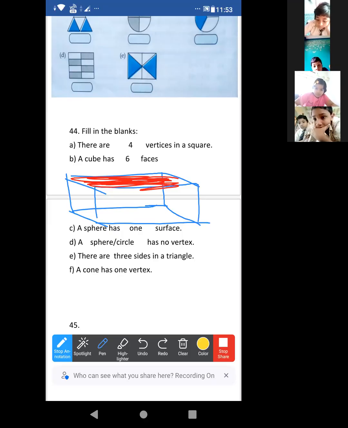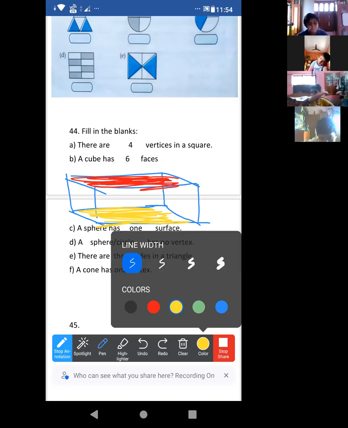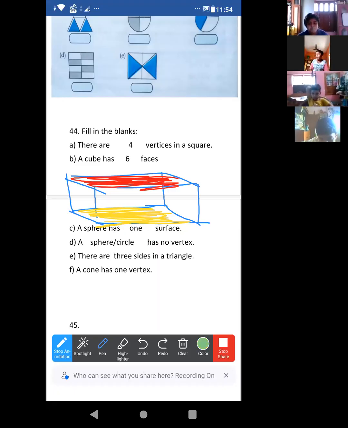This is the lower one. Two, upper and lower. Suppose the room where you are sitting. Look at the room. The floor, the roof. Two faces. Shake your heads if yes. The roof and the floor. And around you, there are four walls. Just look at your room. Four walls. Those four walls are also four faces. This one is one wall, this wall, and this is one more wall.